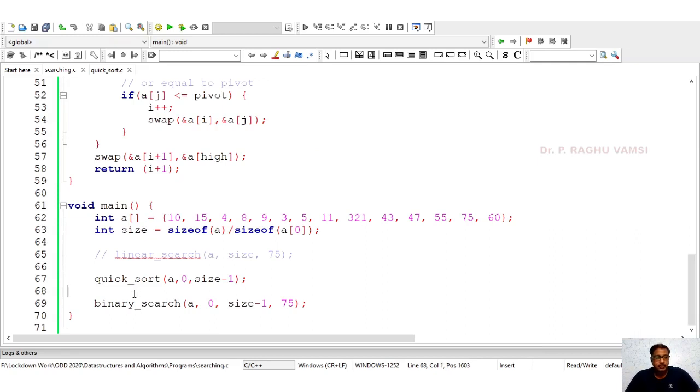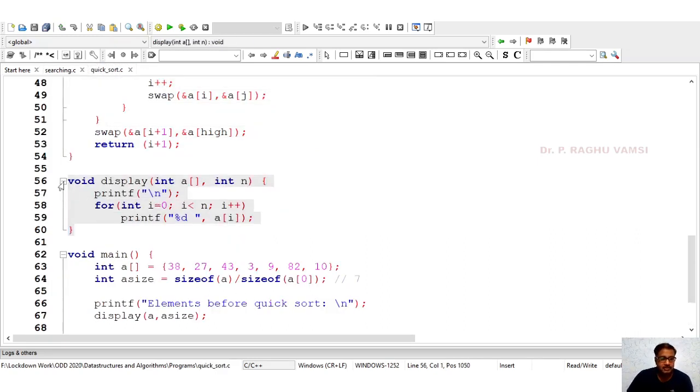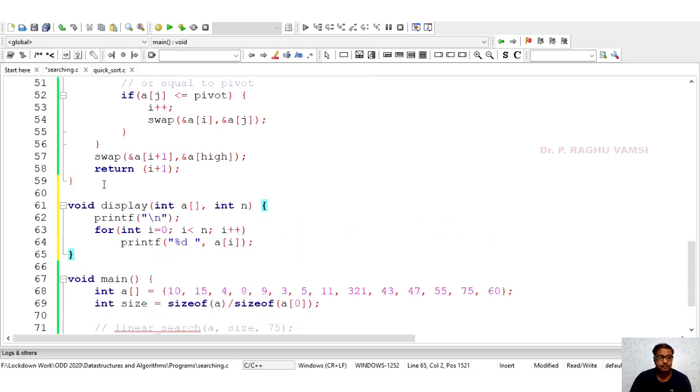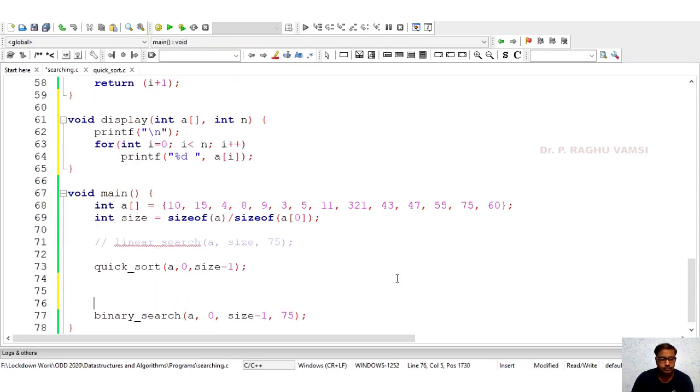Let us print the array also, because we'll take the help of the display function. Printf %n, sorry, backslash n, and display of a comma size.